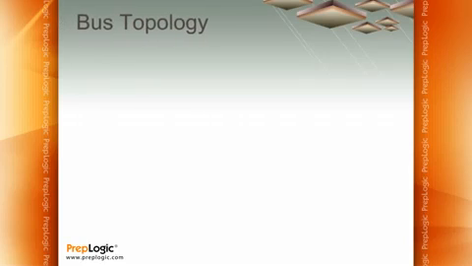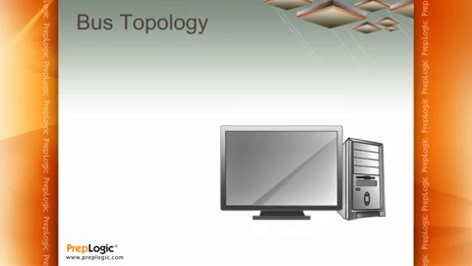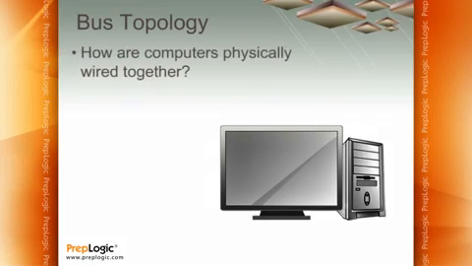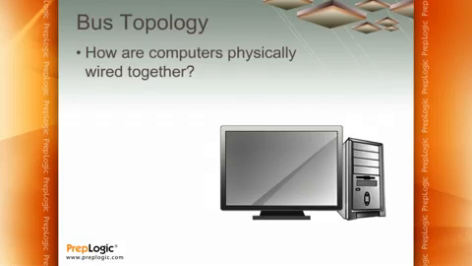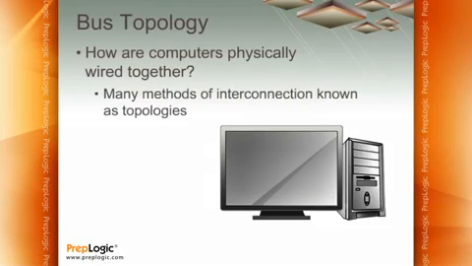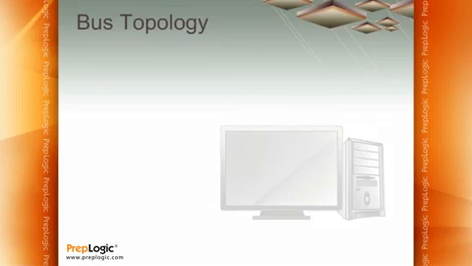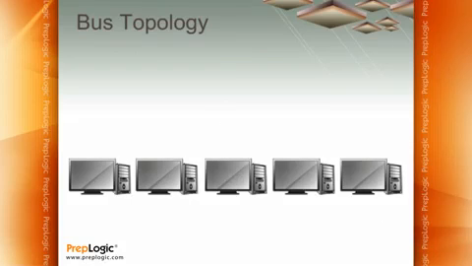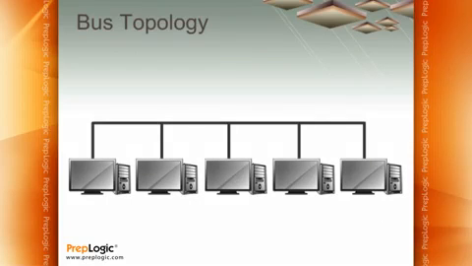The beauty of MAC addresses is that they give us a way to address individual packets so that they can get to the right computer. The problem we have now is, how do you wire all this together in order to make this happen? There's a whole bunch of different ways to do this, and each one of these different types of interconnections are known as topologies. A bus topology starts off where you have a number of computers that are plugged together